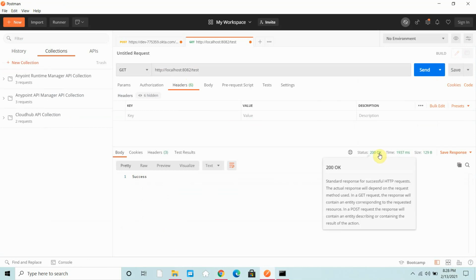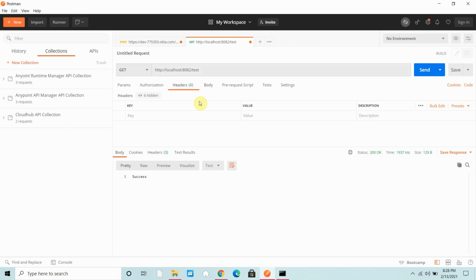Now what I have to do is secure this particular API. There are two ways. Either you can use API auto discovery or you can use an API proxy. In my earlier video, I already showed how you can apply a policy using API auto discovery. In this case, we will see how we can apply a policy using an API proxy.